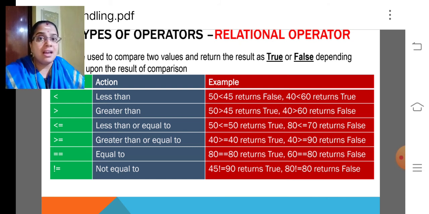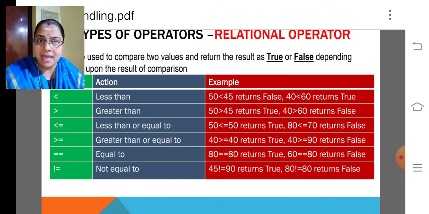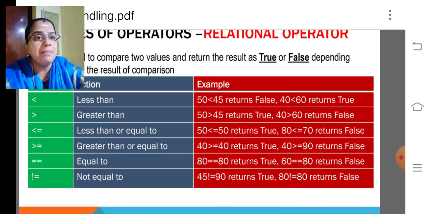And in maths, how will you write not equal? The equal symbol will be crossed with a slope line or slanting line. In Python, we have to use not equal, that is exclamation mark and equal. Look at the example.